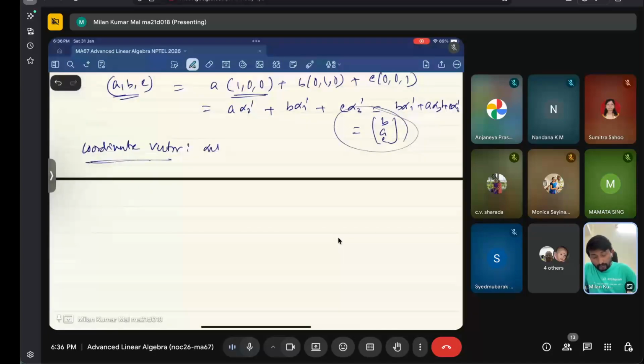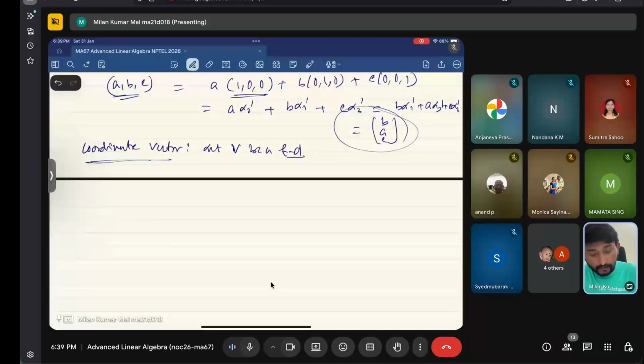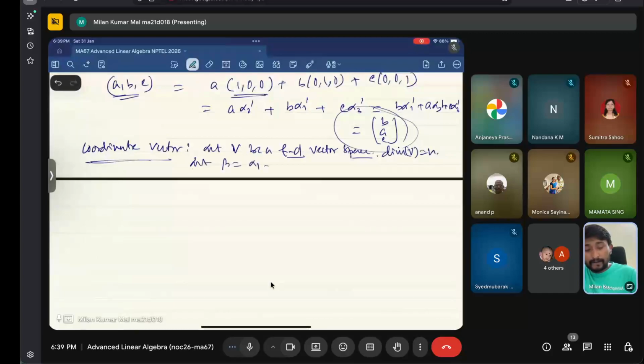V be a finite dimensional vector space, and the dimension of V is n. And let beta equals alpha 1 to alpha n be an ordered basis of V. Ordered, I have written ordered. Then